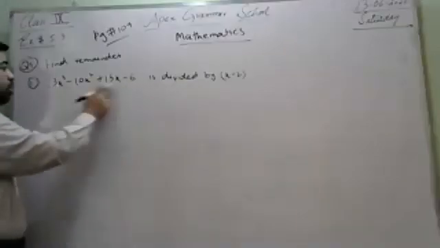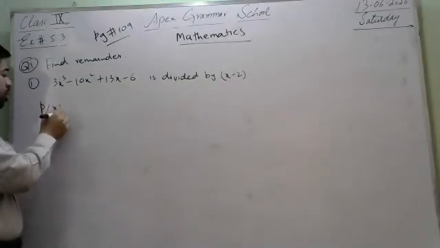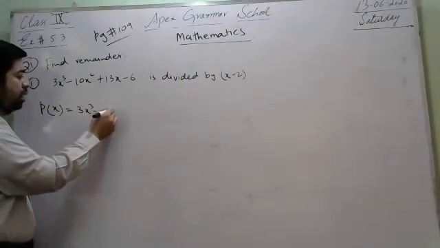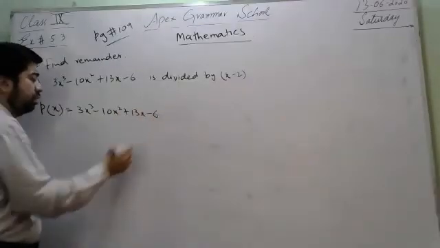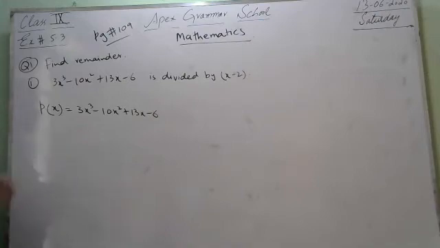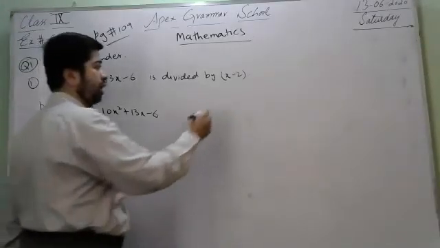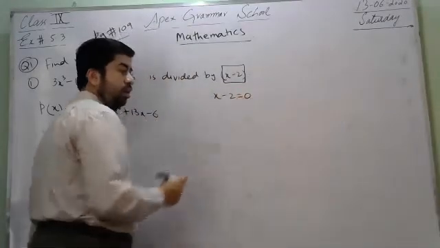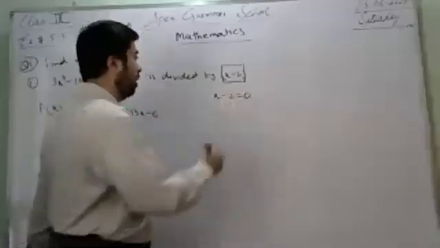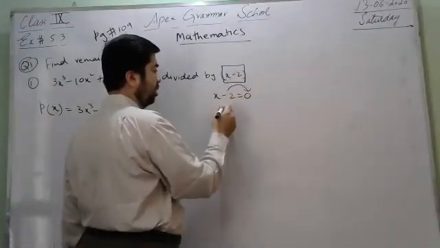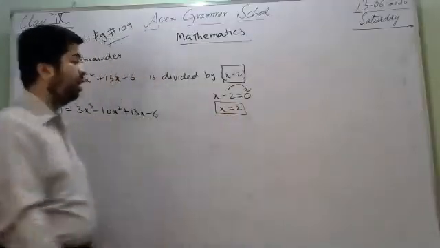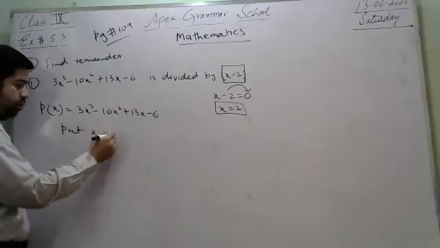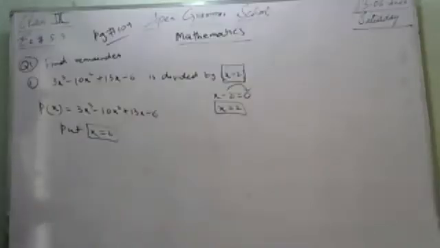So this is a polynomial, we can write it as p of x. P of x, meaning polynomial with variable x, is equal to 3x cubed minus 10x squared plus 13x minus 6. Instead of dividing it, we have another method, the remainder theorem. For that purpose, this divisor x minus 2, we have to put equal to 0. Now, to find the value of x, minus 2 will become positive here. So the value of x here is 2. Put x is equal to 2 here, that is p of 2.